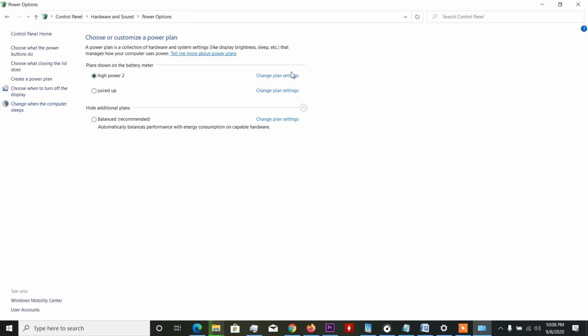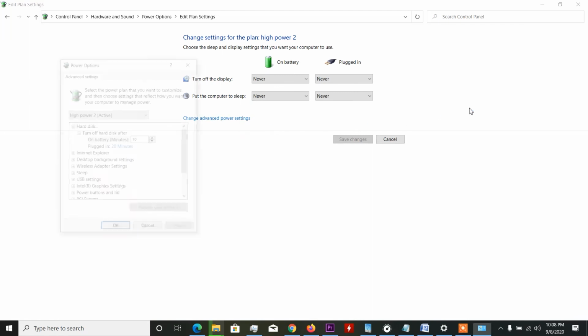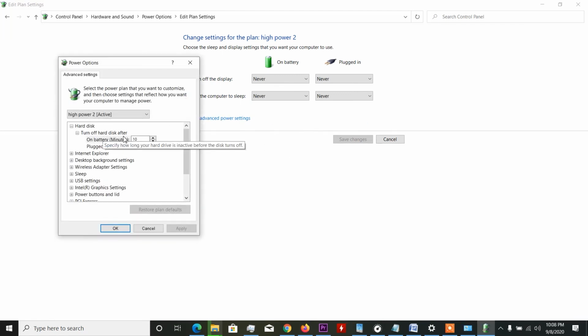Now what you have to do is change the advanced settings of it. Now, changing the advanced settings, you have to set all the settings as I am doing in this dialog box. Follow this video and choose whatever settings I am choosing in this, so that your laptop processor always runs on the high performance power mode.